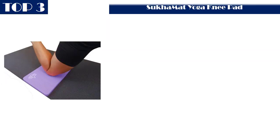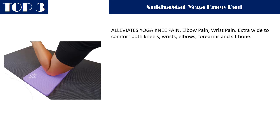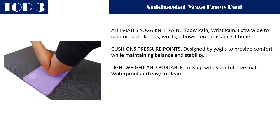Top 3. SukhaMat Yoga Knee Pad. Alleviates yoga knee pain, elbow pain, wrist pain. Extra wide to comfort both knees, wrists, elbows, forearms and sit bone. Cushions pressure points, designed by yogis to provide comfort while maintaining balance and stability. Lightweight and portable,